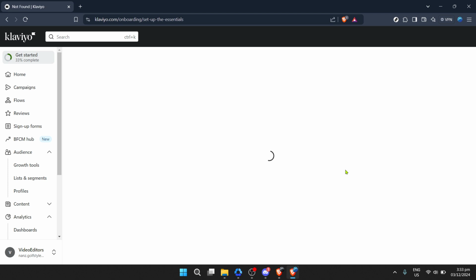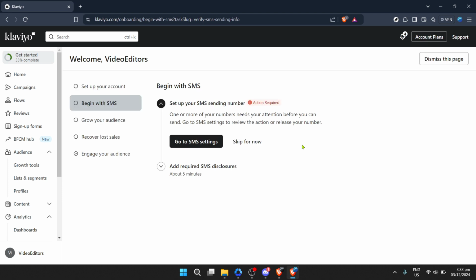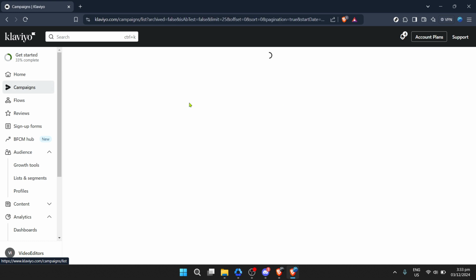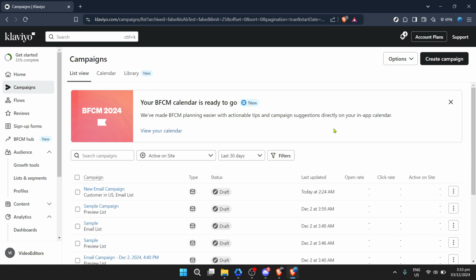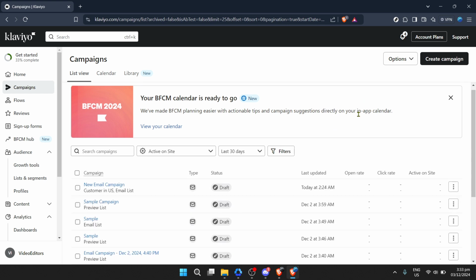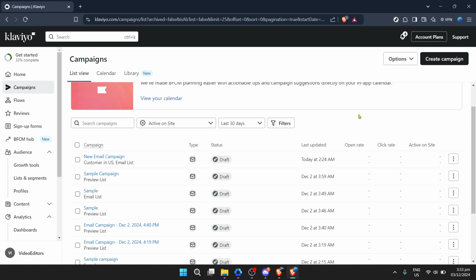Upon clicking on campaigns, you'll be directed to a new page. Here, Klaviyo tempts you with a button labeled Create Campaign. Click on that. It's the first real step into turning your newsletter idea into reality. You'll then be prompted to give your campaign a name. Choose something that is indicative of your newsletter's content or purpose, making it easier to track its performance later on. After naming your campaign, proceed by clicking on Continue.